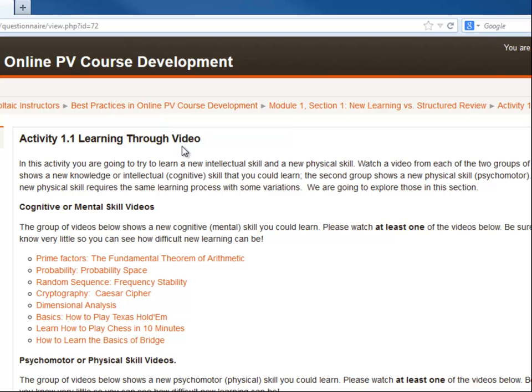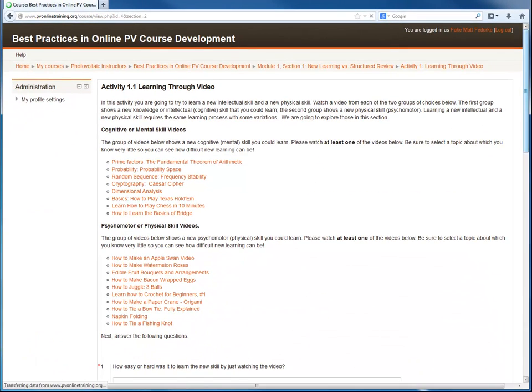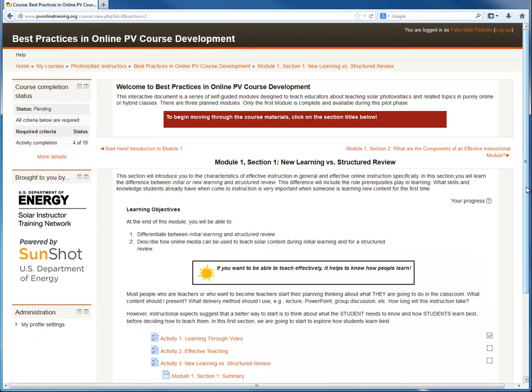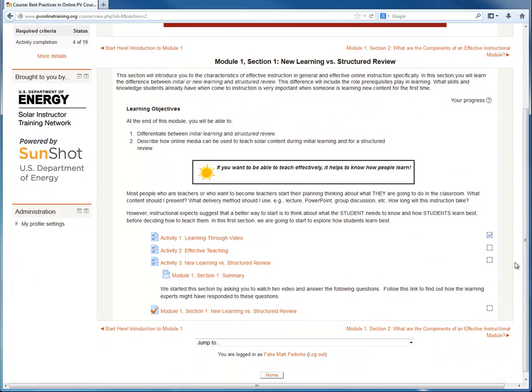You can also click the section title to return directly to the section you were working in, instead of going to the main course page and then back into the section. So for instance, I can click Module 1 Section 1 here and return to the section I was working on before. The same thing is true in other types of activities or resources in the class. For instance, if I click on the quiz for Section 1,